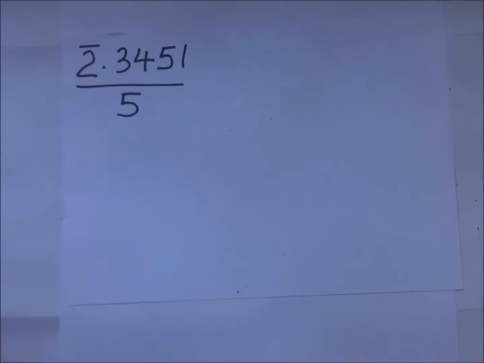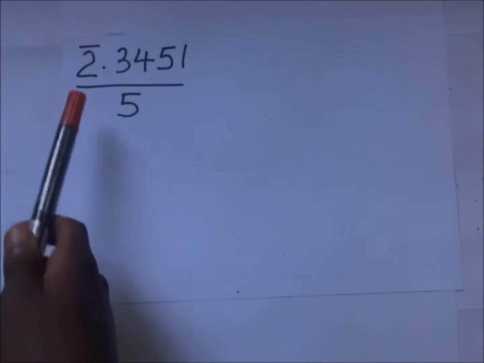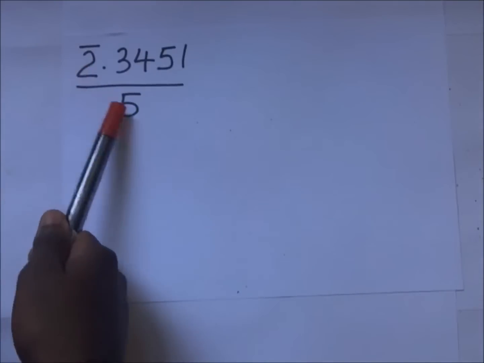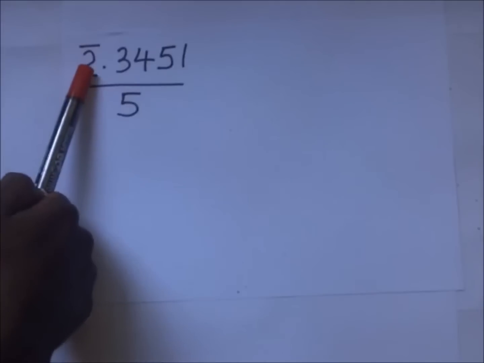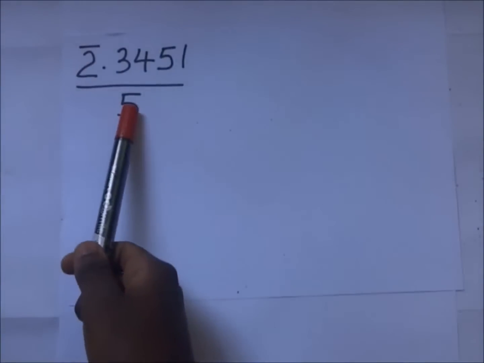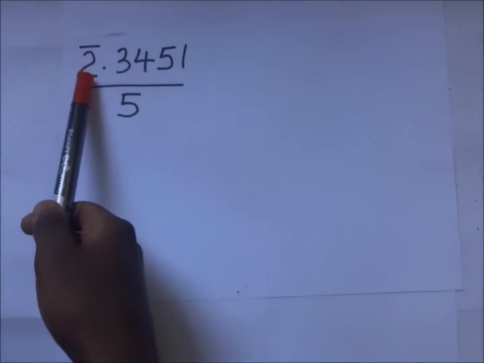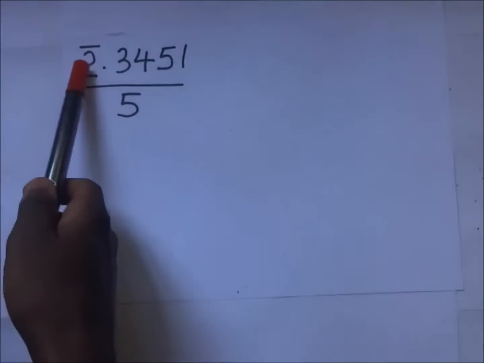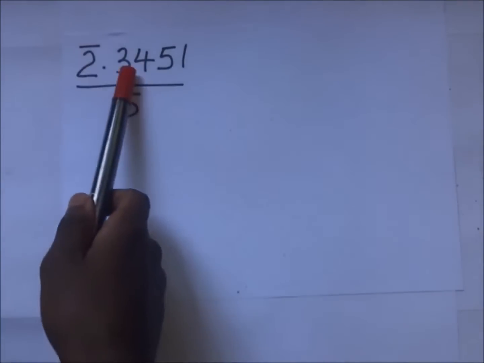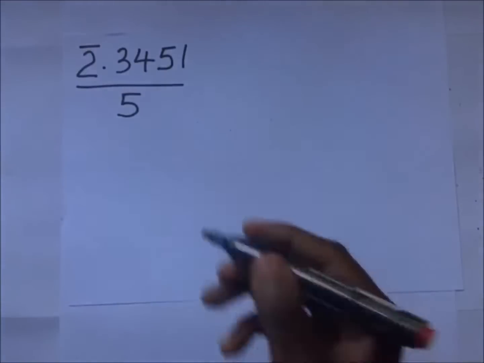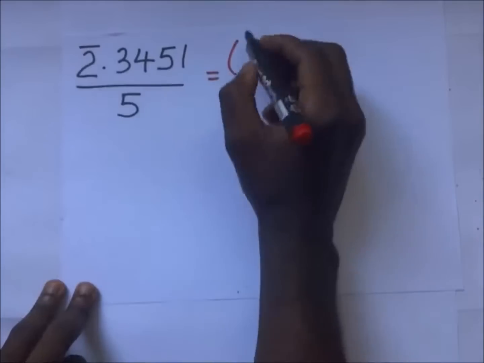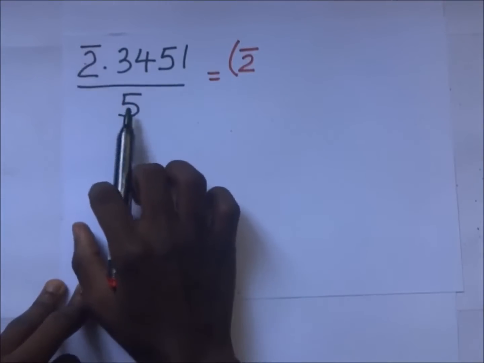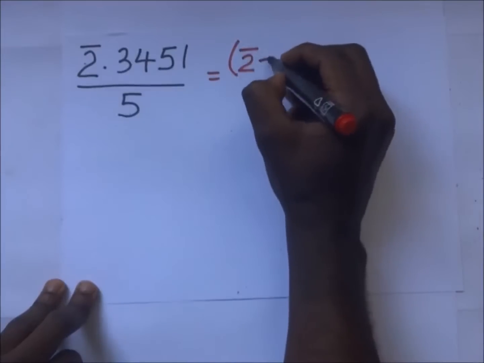Looking at this next example, it's just more like the one previously. If you look at this negative characteristic, it is 2 bar. This 2 bar is not divisible by 5, so we're supposed to add something to it, to the next nearest integer, so that it is divisible by 5. If we add 2 plus 3, we are going to make 5. So if you're adding 3 here, it means you're going to add 3 here as well. So this 2 bar becomes 5 bar, plus